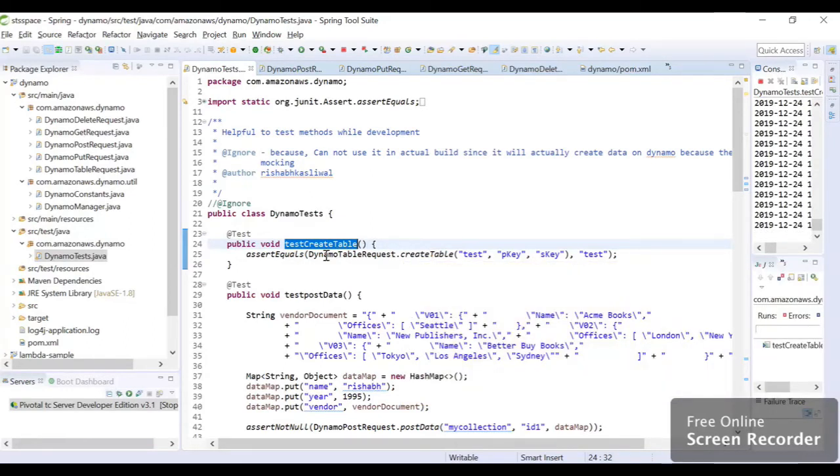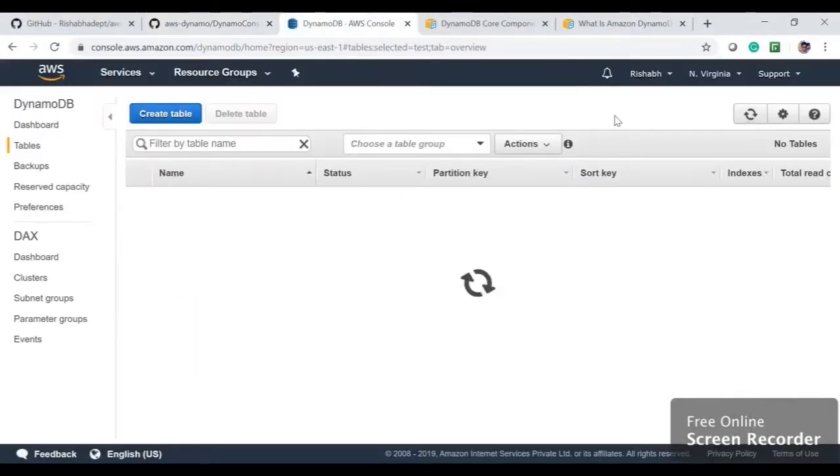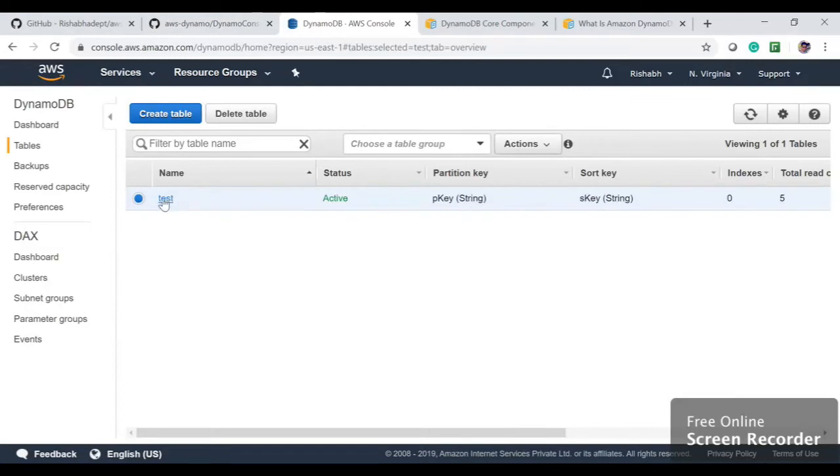Basically it is going to call the class DynamoTableRequest and the method createTable. So if we check in the DynamoDB console, we will have our first table created called test, and if we check out the items in this test table, it will have the pkey and skey available. I'm going to refresh it.